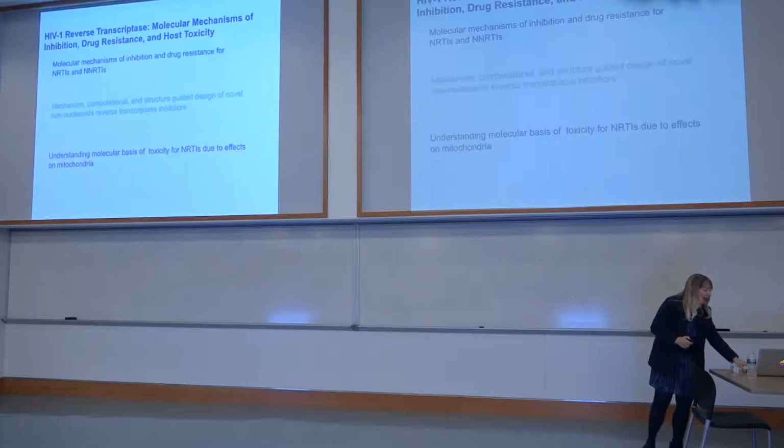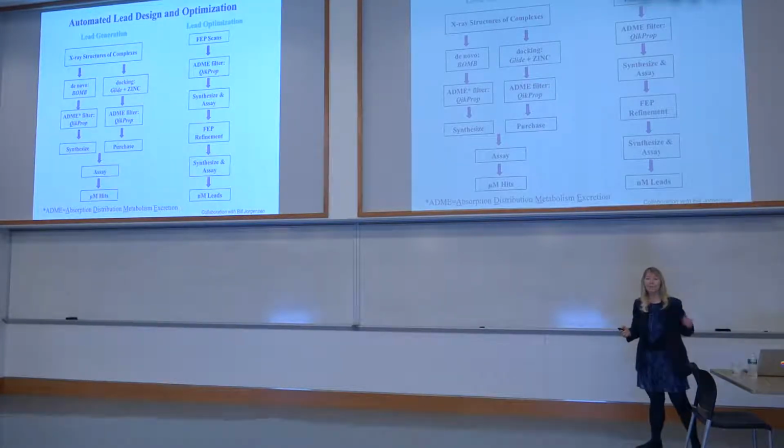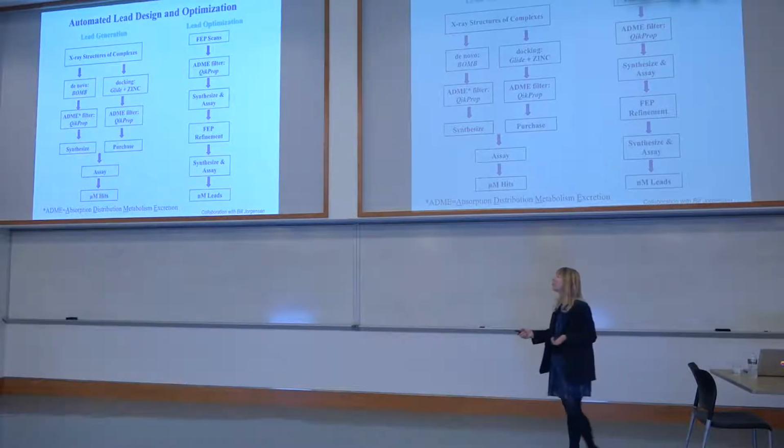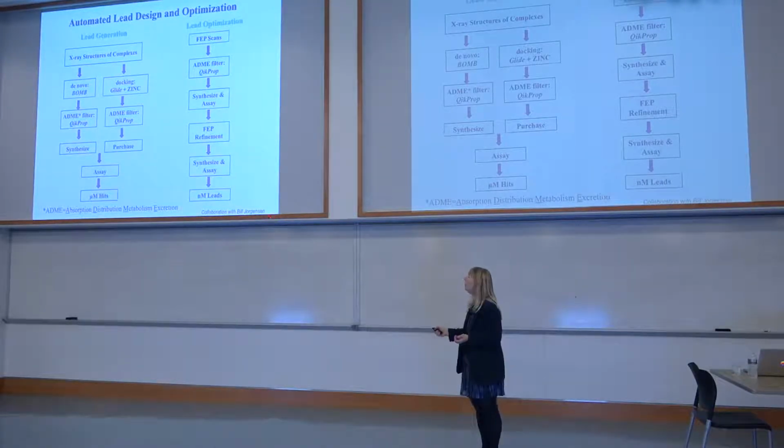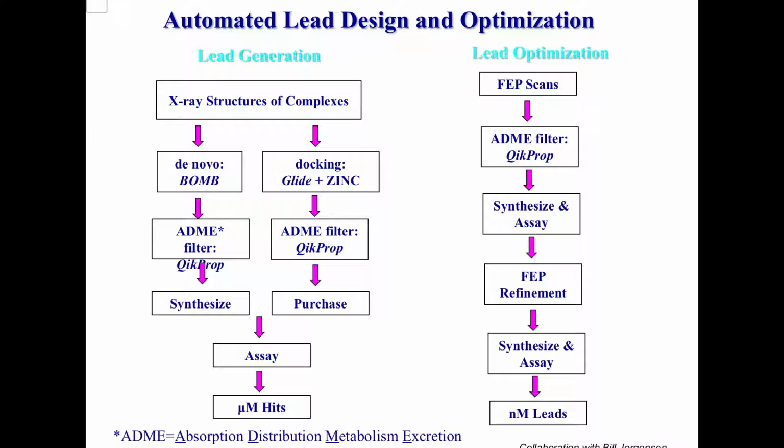And so then I want to tell you a little bit about our strategies to develop new drugs. This is our computational approach that we have been involved in with Bill Jorgensen's lab, who's in the chemistry department at Yale and has a computational group. The whole idea is, let's think about building in these very good properties in the chemical scaffold as we're developing the drugs, and then optimize those drugs.